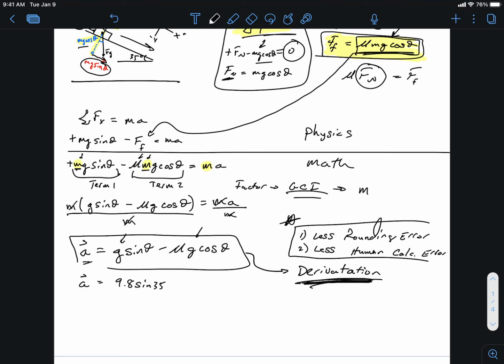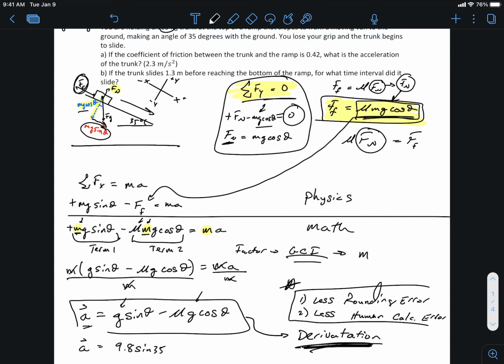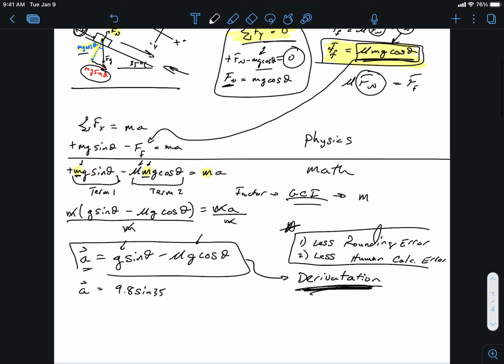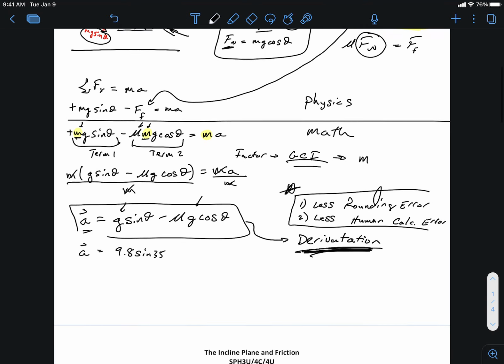And it shows you where equations come from. But I could very easily make a little tweak in there and really throw a wrench. Like maybe I push the block up the incline with an applied force, and friction's acting. You'd have to be able to do all this work. This is just for if something's going down an incline. So anyway,